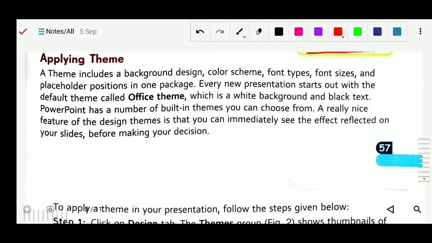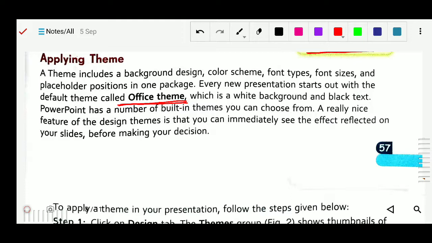Always remember what the Office Theme is: it is the default theme that comes with your presentation. It has a white background and black text.